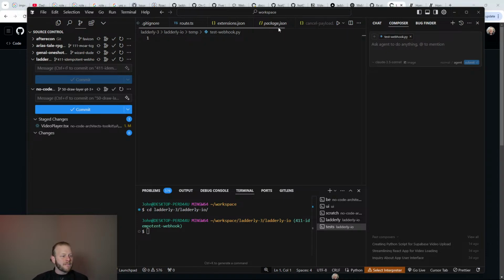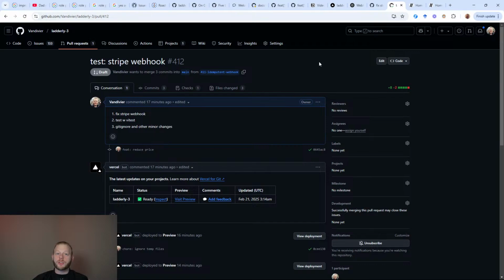So I think we'll introduce a test runner, as there are no unit tests in Latterly today. We made it 3 years or something, but I think it's about time we start getting some testing in there. We'll start with unit tests. It may or may not work in this case because we're dealing with a webhook. We'll see how it goes. And in the future, I will eventually add integration tests. I don't think that will be necessary at the moment, but we'll see.